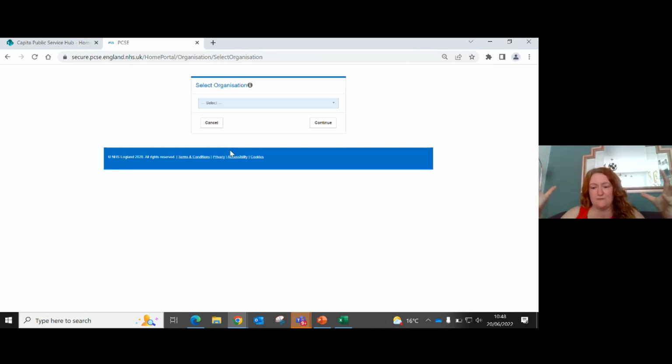Or it could be that as we reduce that number down to 40 ICBs, you only have one role within the ICB. If this comes up with select organisation, you just want to select the organisation that you want to work with. So you'd select the one that you're looking to approve a transaction with, or the one that you're looking to perform user management on. So for today, I'm going to select Ian's General Hospital because that's the organisation that I'm logging in and I